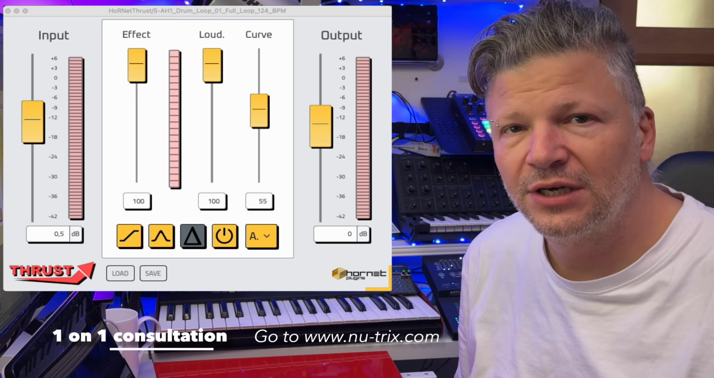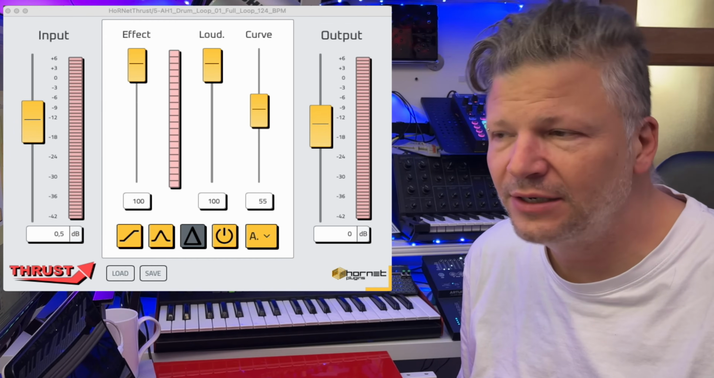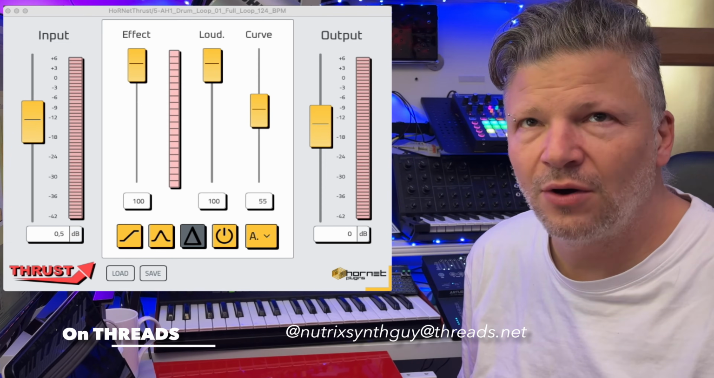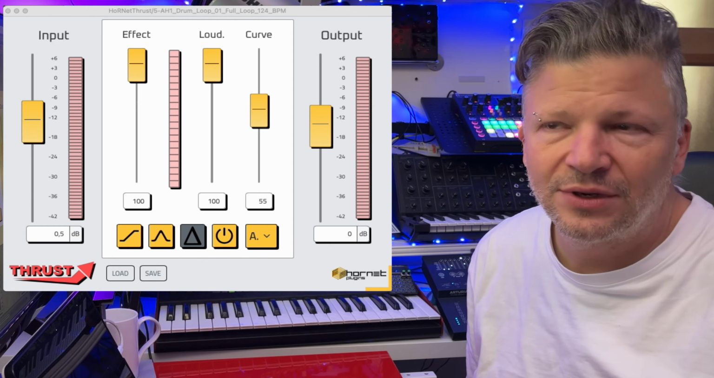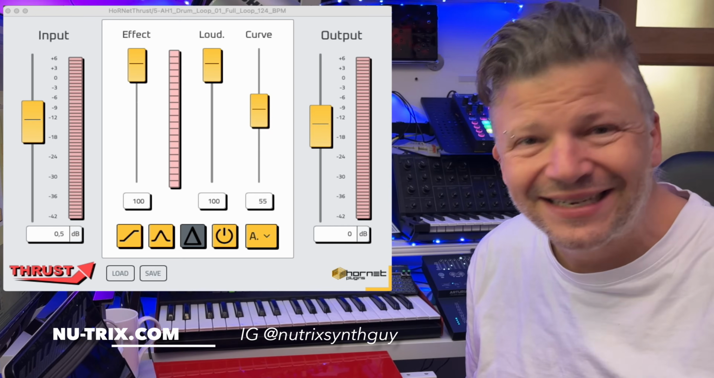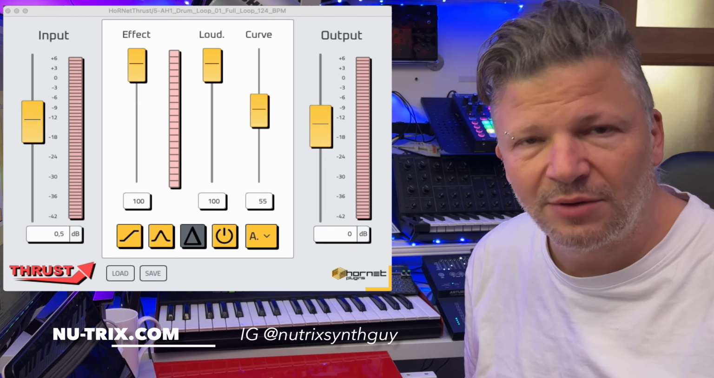It's called Thrust. Thrust is a loudness plugin, so it's not the type of plugin where you go, oh wow, it creates new texture and new depth in my sound. It is a mixing plugin. It's not a creative plugin. What I mean by that is